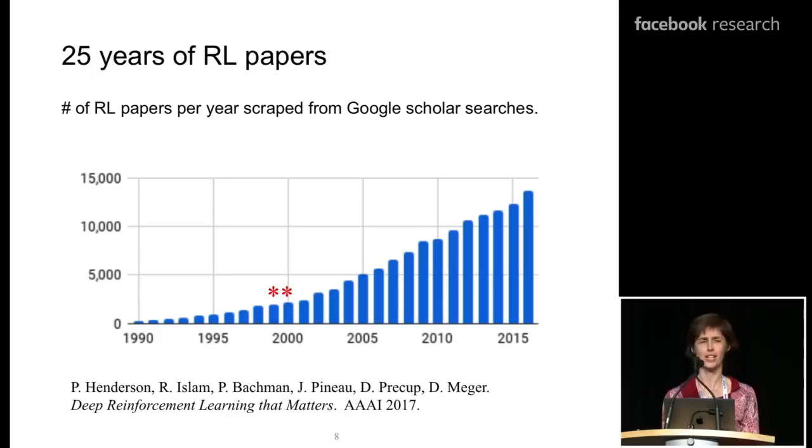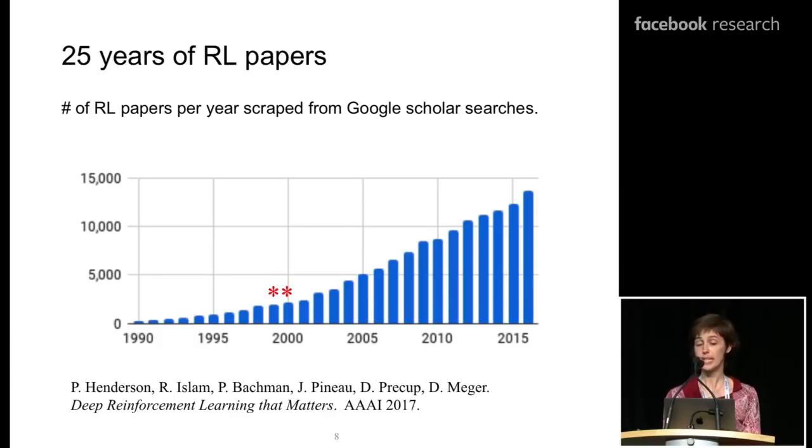I published my first NIPS workshop paper also around 2000, in a NIPS workshop on reinforcement learning. There were 35 people in the room in those days. I was also the only woman presenter in those days. Some things have changed, others have changed maybe a little bit less. Since then, in 2016, the last year for which we've collected this data, we had about 13,000 reinforcement learning papers published. So it seems our community has done a lot to increase our advertising footprint. That's a lot of results coming out.